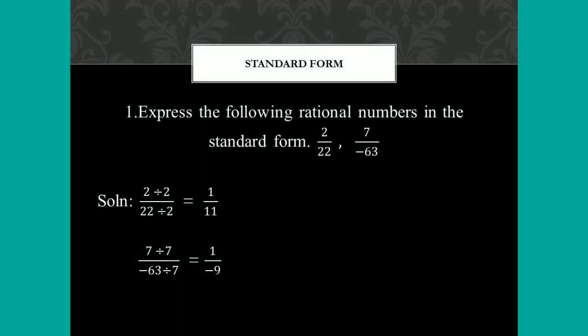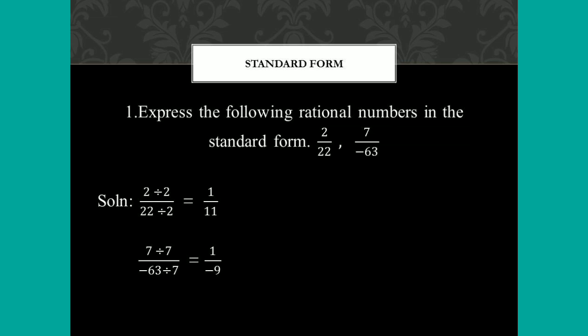So next I just move on to standard form. So what is the meaning of standard form? The standard form of a rational number can be defined if it has no common factor aside from one between the dividend and the divisor. For example, here I have given a problem for 2 by 22 and 7 by minus